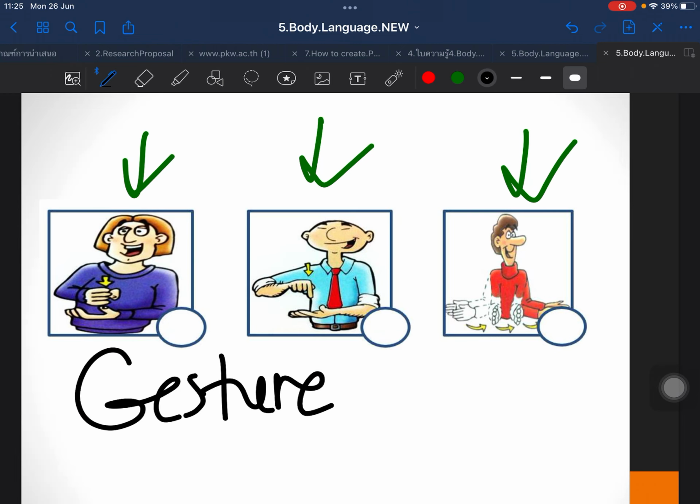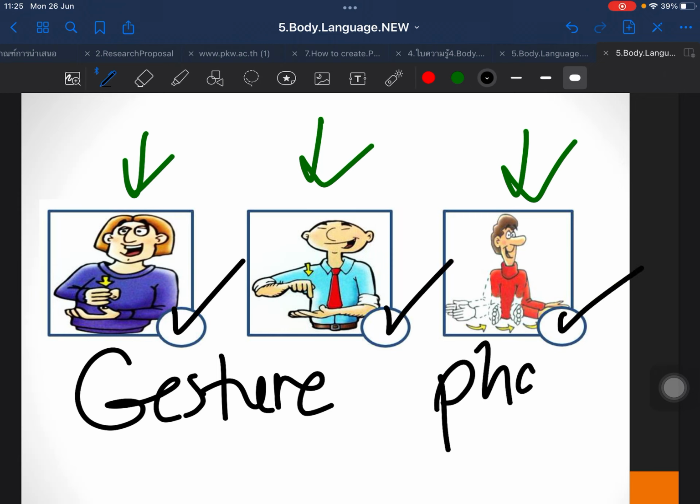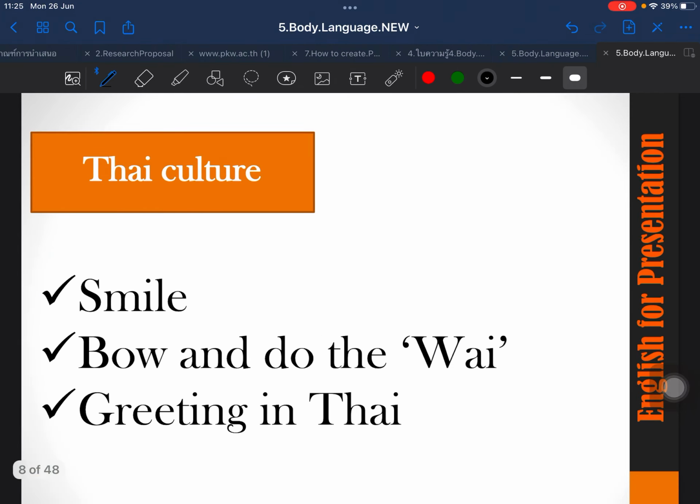The rest of the posture and gesture mean using the hands, right? So this is to emphasize, this is to show in the middle, and also phase 1, 2, and 3. This is a phase. You will see this as an example later, right? Now, one thing that I would like to focus on,